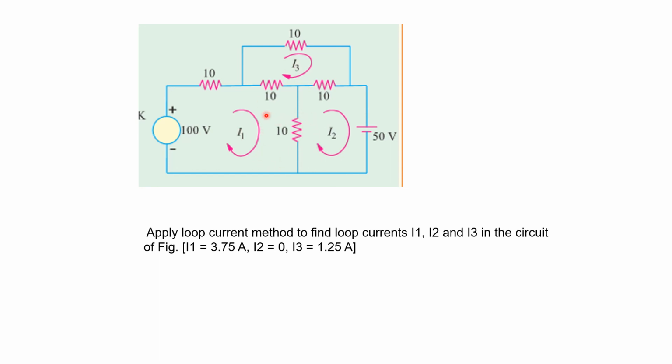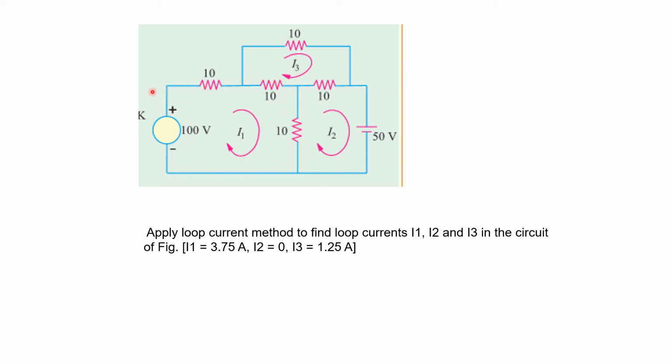Now what is R13? R13 is again here. You can find this 10. So what is that? Minus 10 ohm. And what is R31 and R13? Now here we are finding R23 and R32. What is that? Again 10. So minus 10 we are writing. So now once we complete this matrix for R11, R12 and so on, finally we have to find E1, E2, E3.